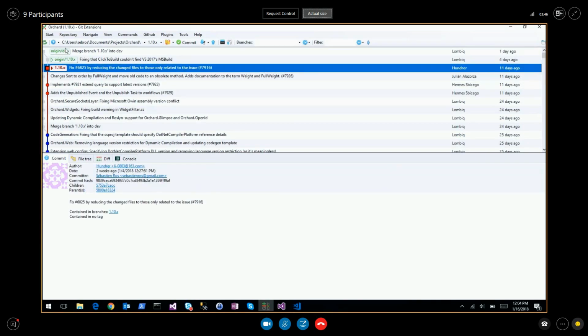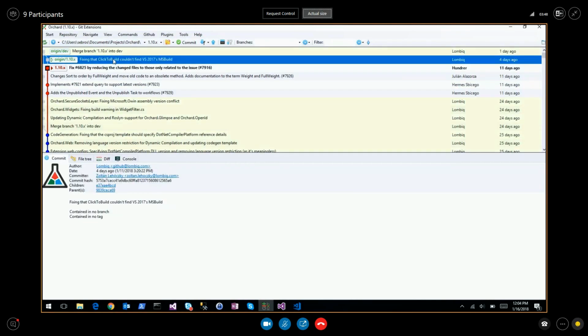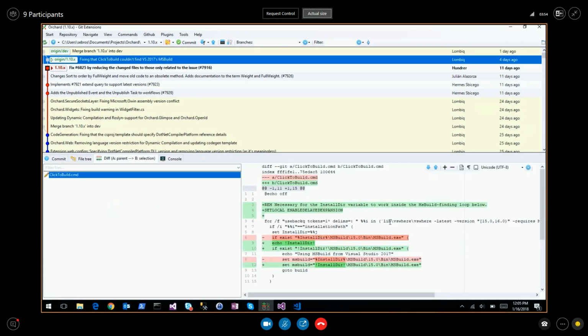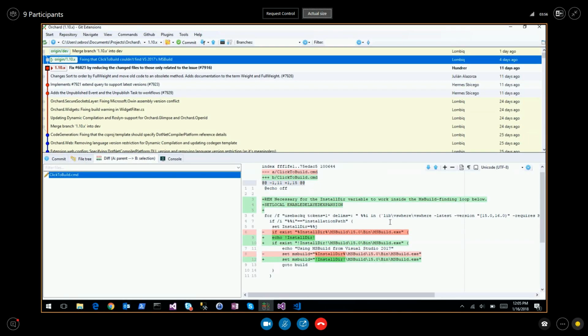This one, well, actually, just the merge in this case, fixing "could not find VS 2017", okay. I don't know what's the difference between % and exclamation in this case.